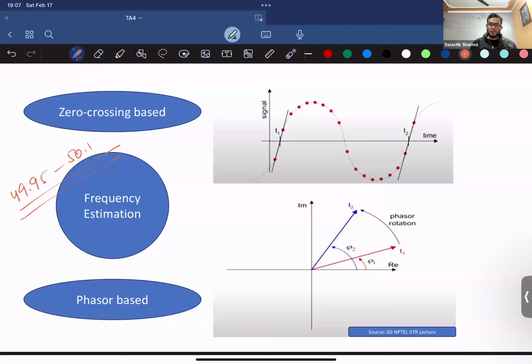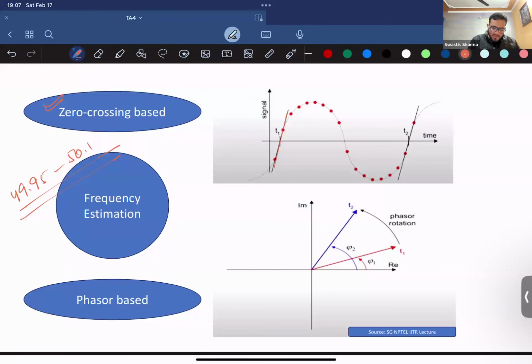So to monitor that, you need to do frequency estimation as well. There are two ways in which you can do it. One is the zero crossing based method, in which you take a signal and check how long the zero crossing takes. So if you see the signal here, it starts increasing. The slope of this curve is increased,